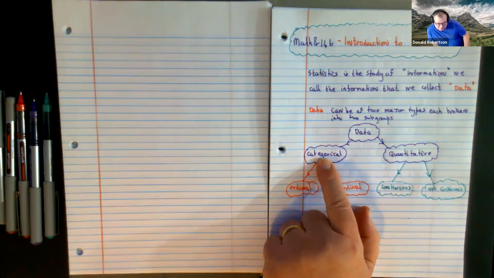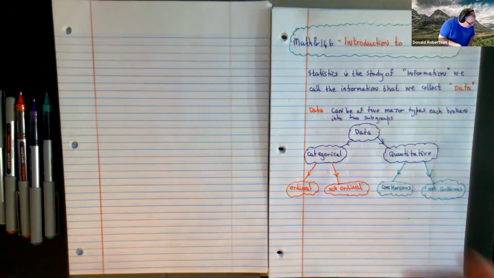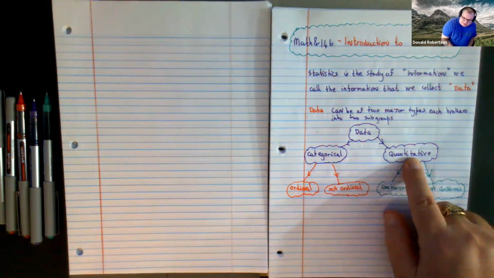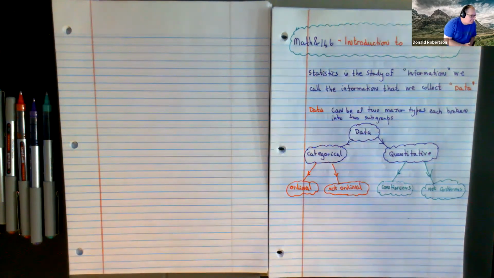Categorical data is things like color. You ask people what's their favorite color, and they say red, green, blue. So the response, the data, is a list of colors. Red, 80 said red and 2 said blue, that kind of thing. Or it's quantitative. So that's when you ask someone their age or how many children they have in their family. So this one is numbers, and this one is things. Very rough way of saying it.